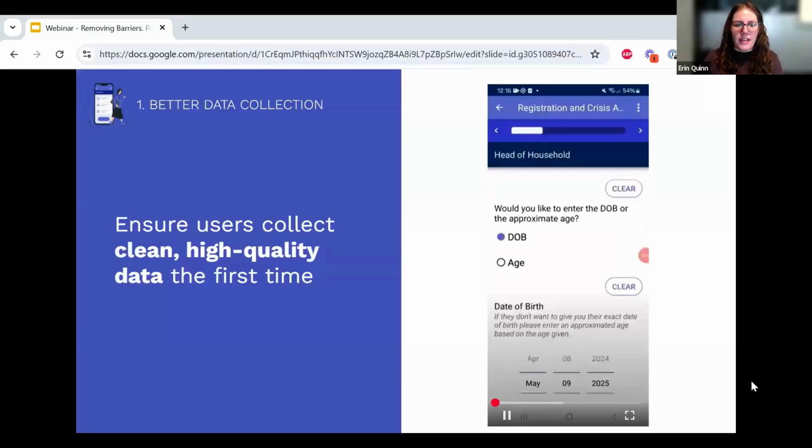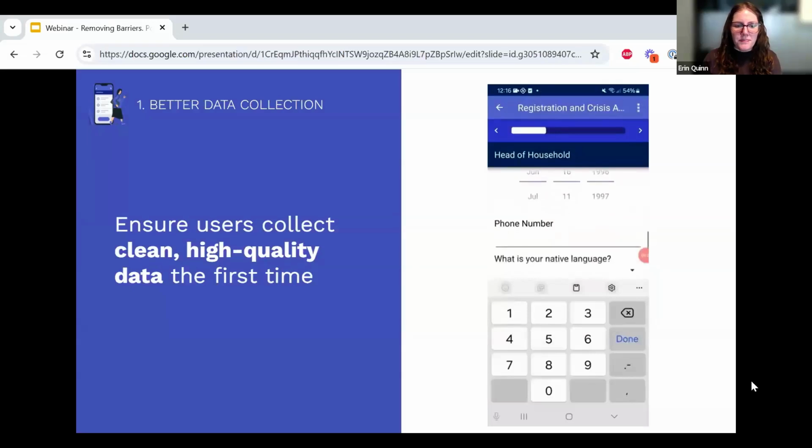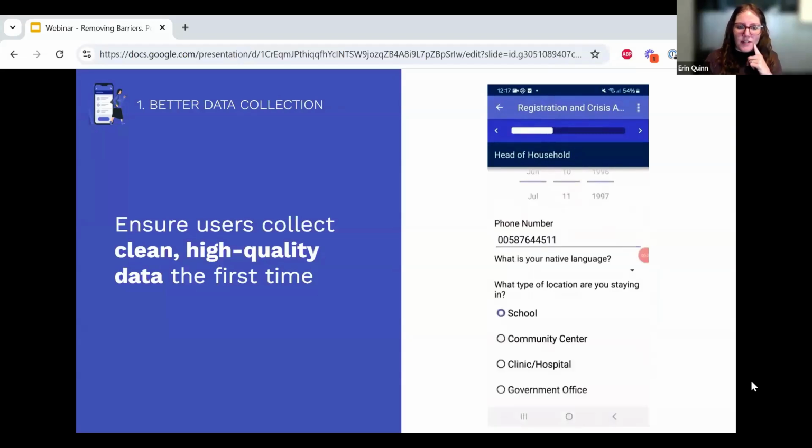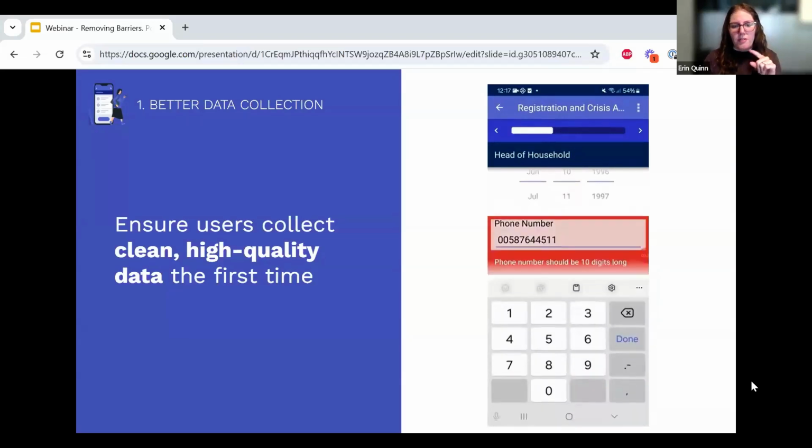So for those of you who are in M&E or data manager type roles, I'm sure that data cleaning is a big part of your job. And while of course there are a lot of ways to clean data on CommCare, the best practice is of course to have users enter clean data from the start. In CommCare, you can use validation conditions to restrict the sort of answers that your users are able to enter. The two examples that you're seeing looping right here on the screen are on questions about date of birth and phone number.